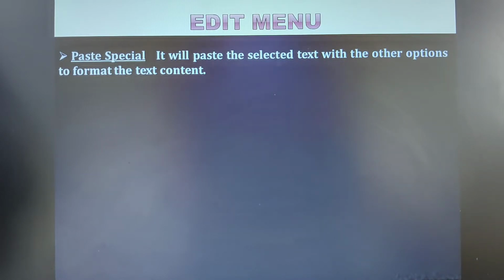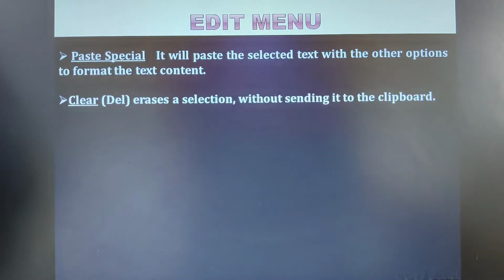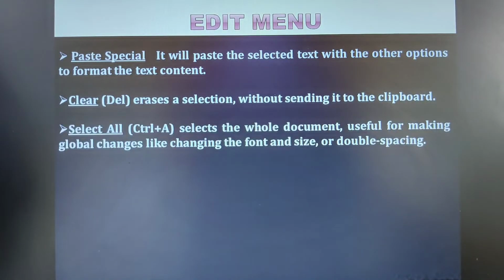The next option we need to discuss is clear or delete. If you don't want that content to be there, then you can just select it and go for the delete option on your keyboard, or you have the clear option also. Next we have select all.